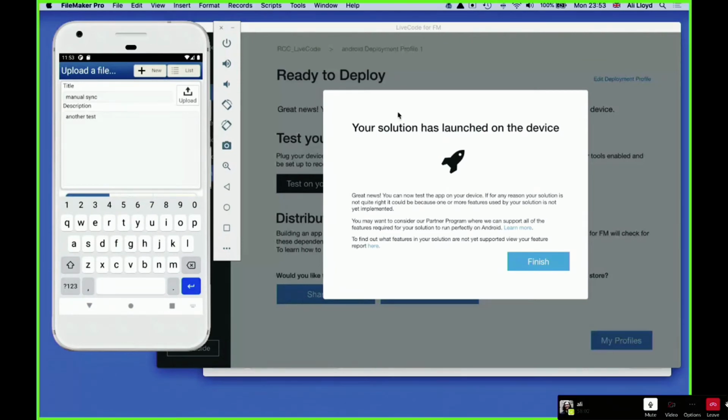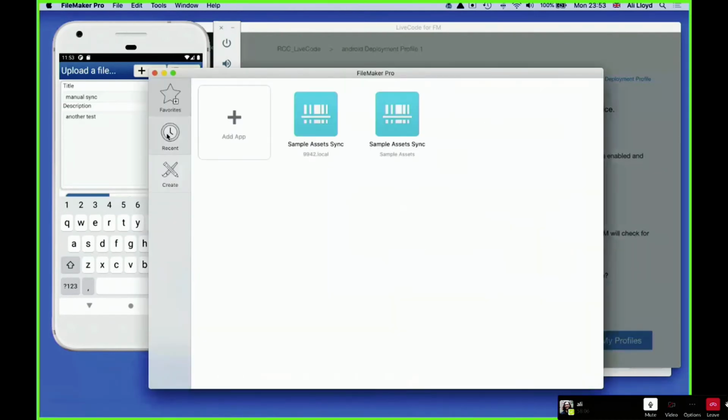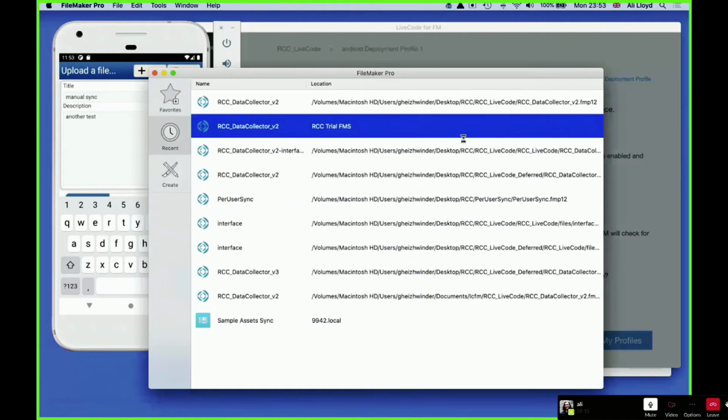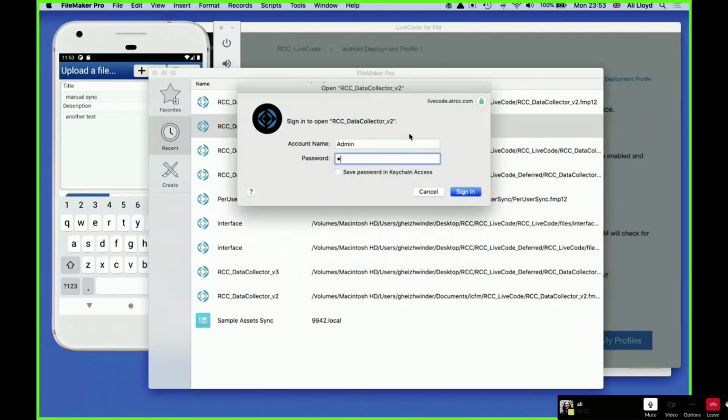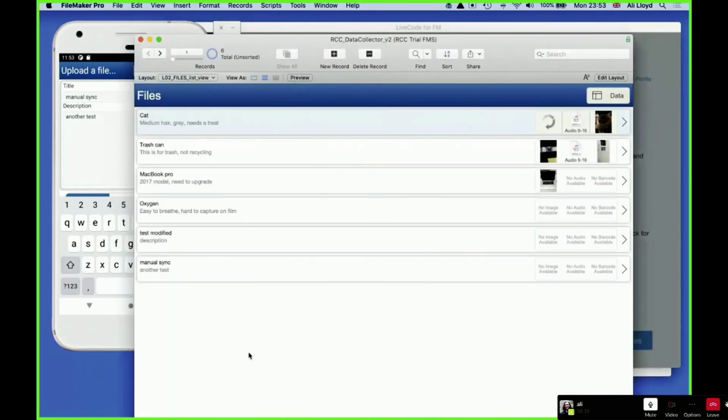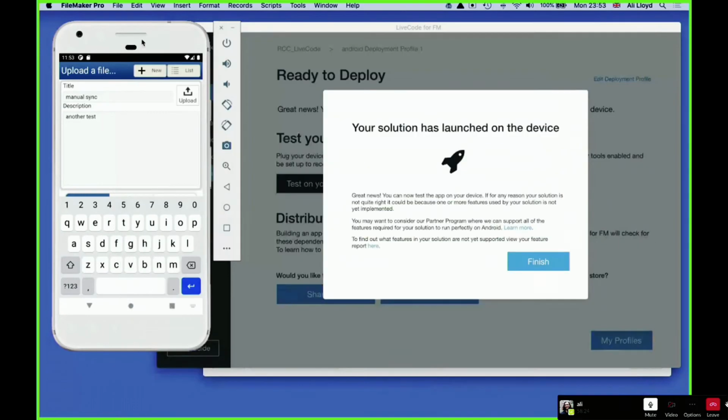So as you can see, if you only need to push, it's a lot quicker to add manual syncing that only pushes. And then we'll go to our list and see that the record has appeared.